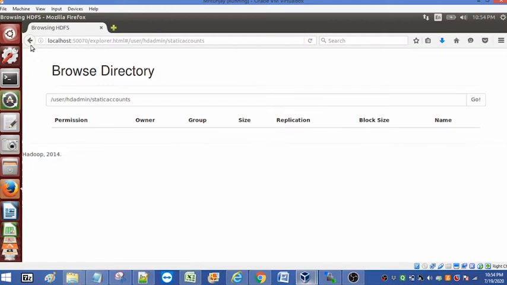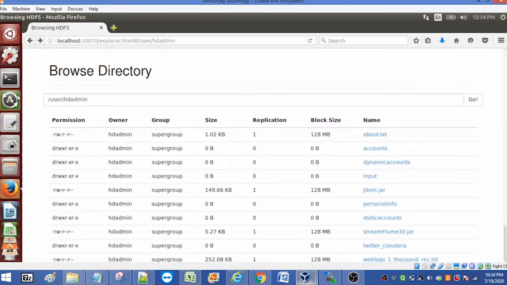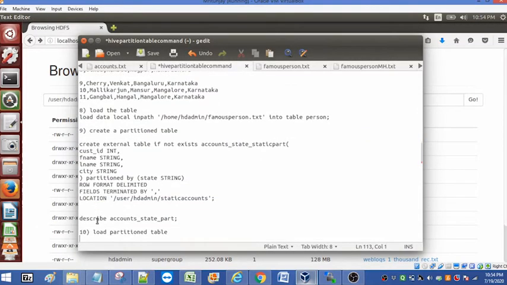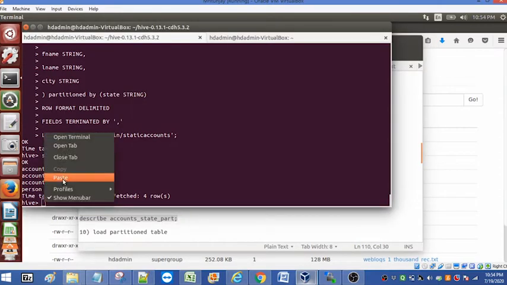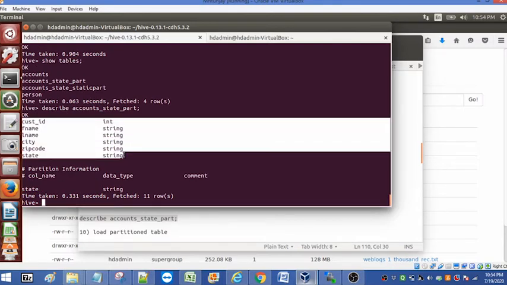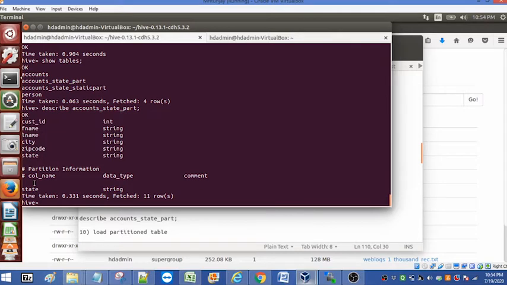Right now, there is no data as we have not loaded it. We'll go to Notepad. We'll first describe it also. Same way, again, it is partitioned by state.